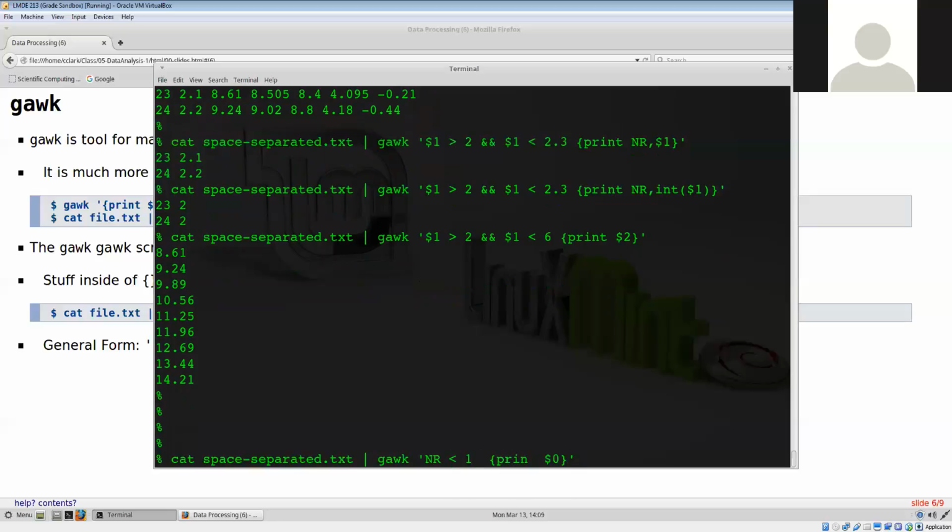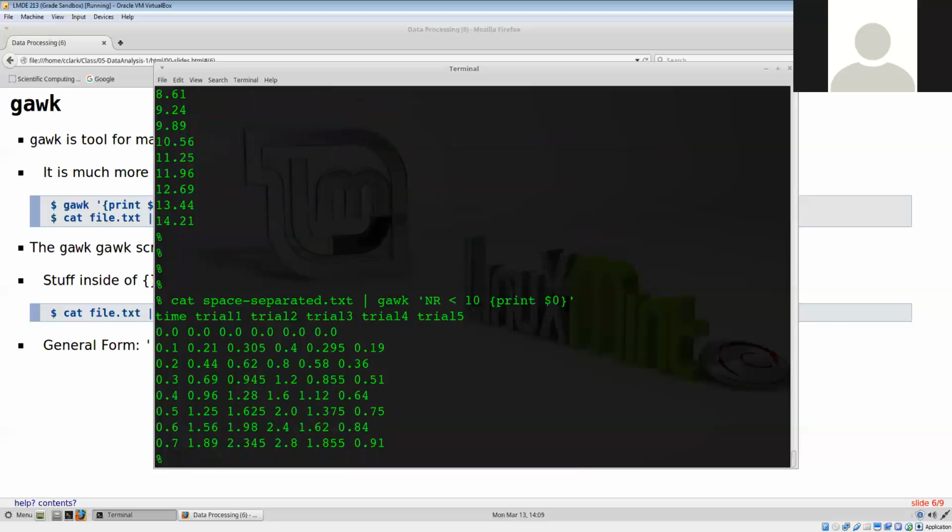Here's a way to basically replicate head. I can say gawk only if numeric, or tell gawk to print the entire line, or the entire record, if the line number is less than 10. So there's the first 10 lines. I could replicate